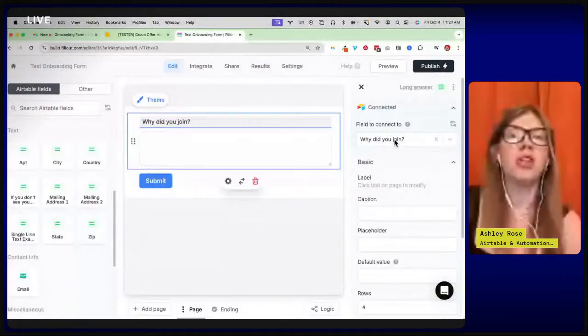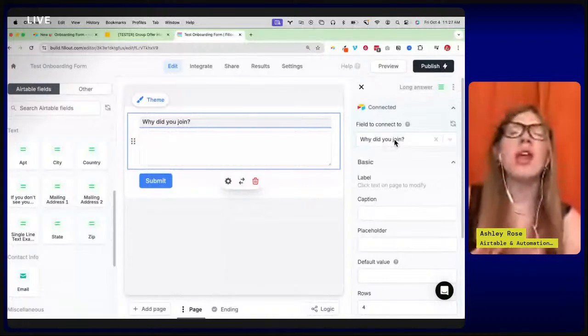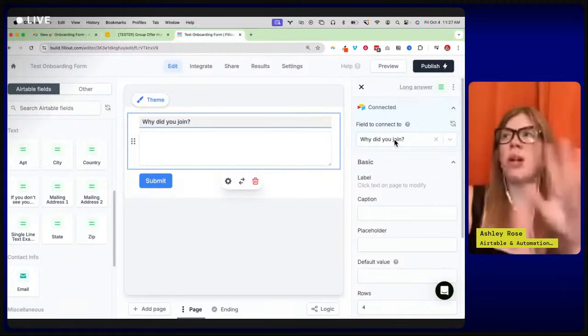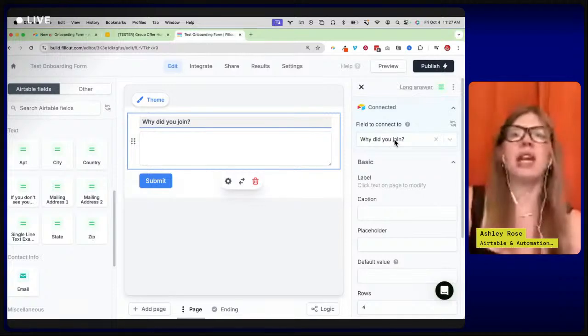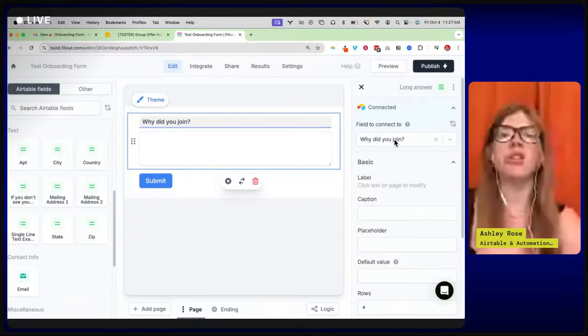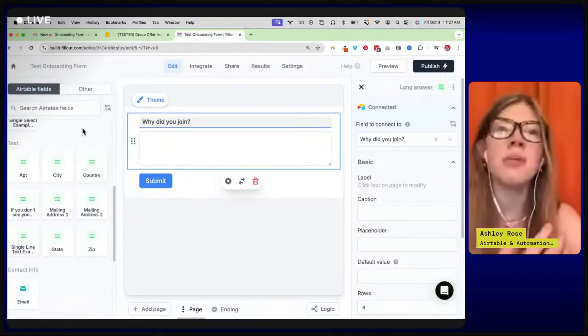Typeform gets really obnoxious. If you add a new question into Typeform, you'd have to adjust your zap. Their Airtable integration isn't great, and it's pretty glitchy, so it's not seamless. You're going to have to do a lot of double checking to make sure that all the data that's in Typeform is going right into your Airtable base. But what's so cool about Fill Out is you start with the Airtable fields first.